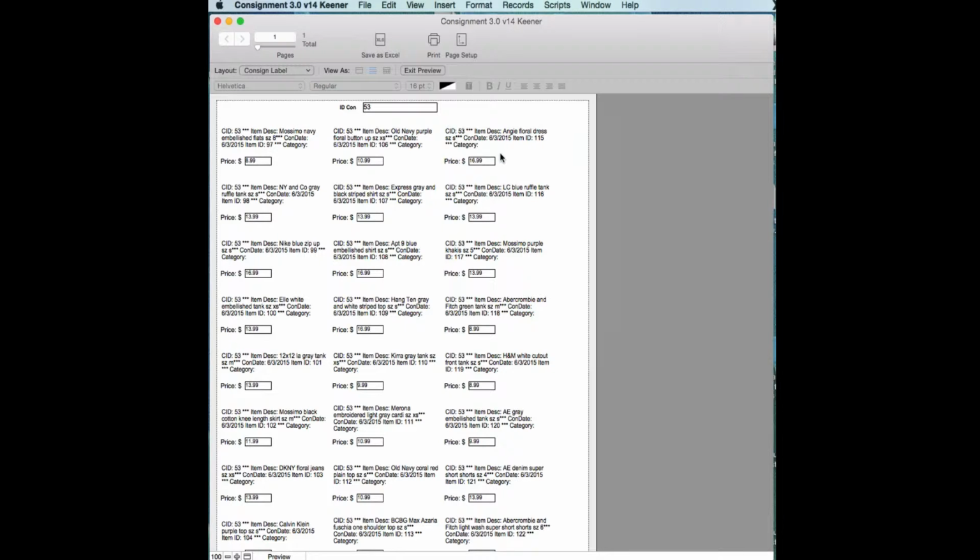Now if you have to tweak this a little bit, you can go one way or the other as far as the size of these items. Now I have it 10% reduced from 100%, and everything fits in there nice. Now what I would normally do is print a page like this on plain paper, then put them up to